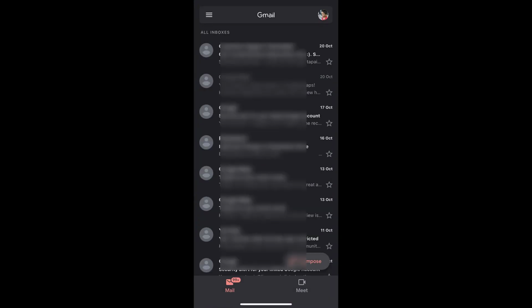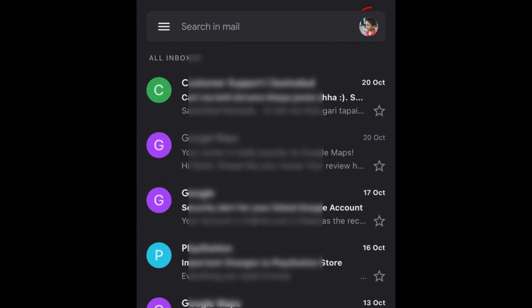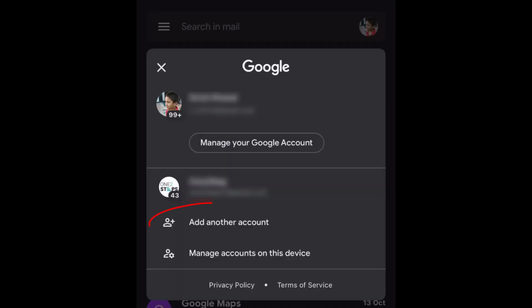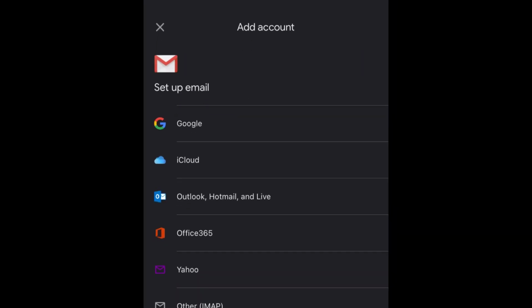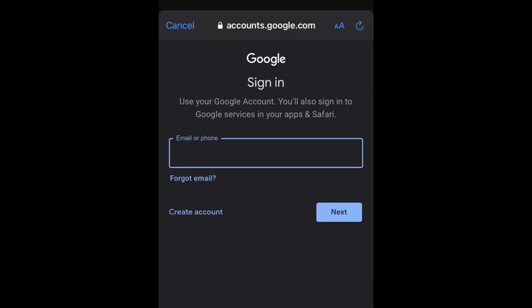Now simply open the Gmail app and on the top right corner of the screen, you can see your profile icon and then tap the option add another account. Now, you'll only see your profile icon on the top right corner of the screen only when you already have an account on the device. But if you have none, you will be simply taken to this page and from here you can directly log